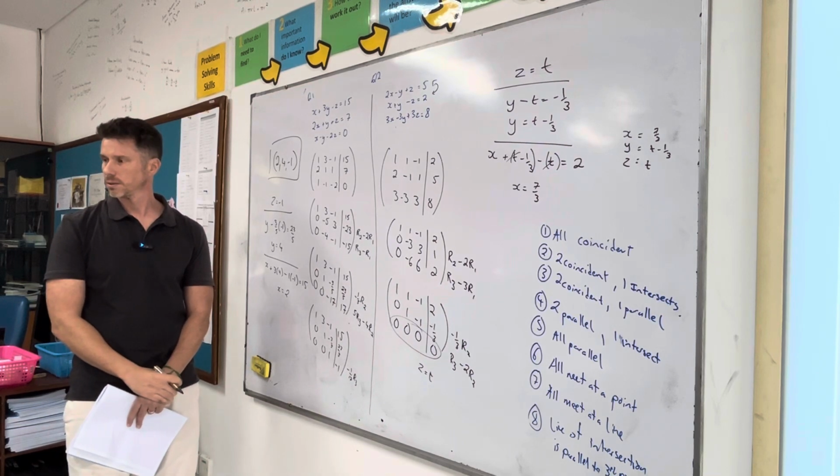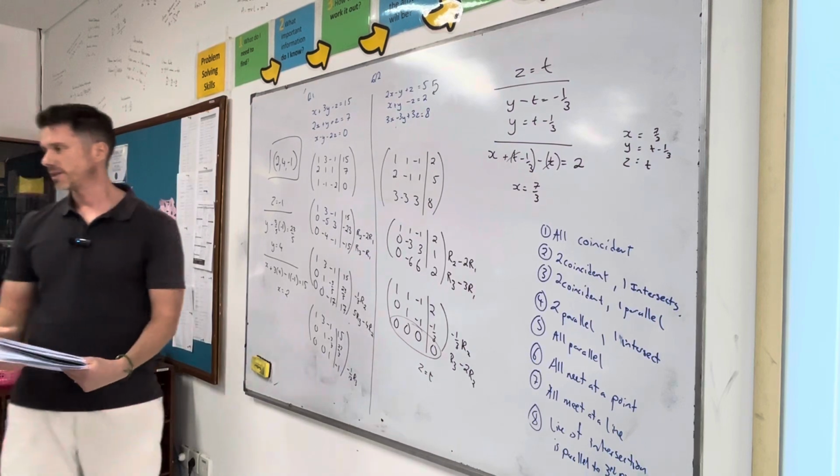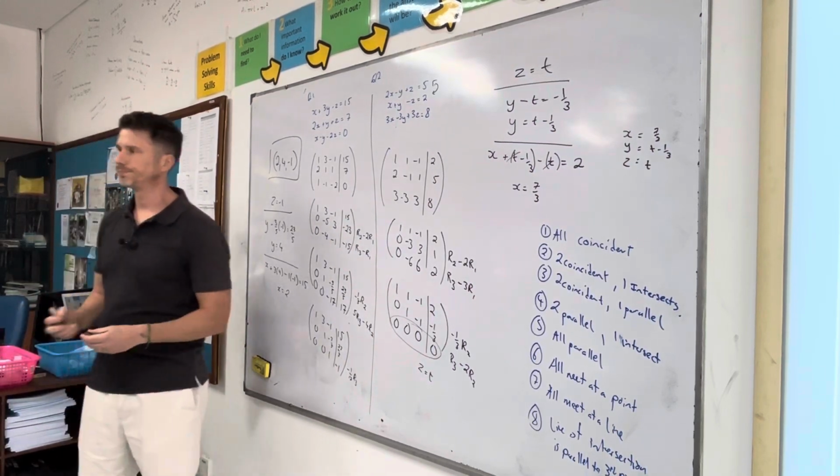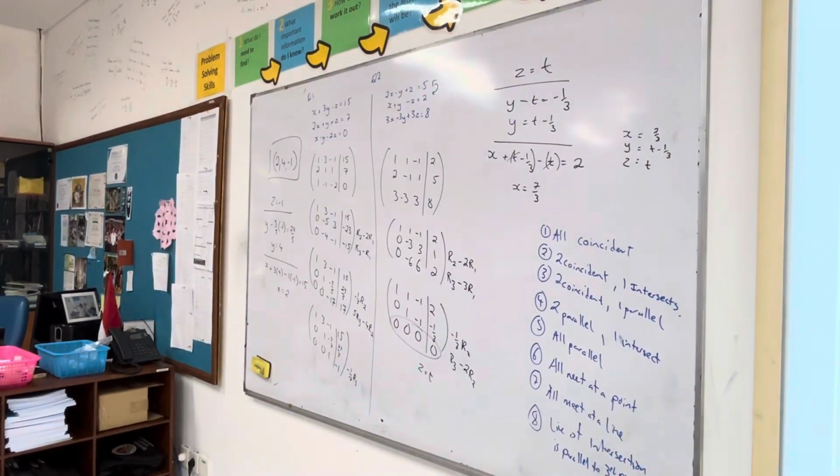Wait, can we technically find out what t is then? No, because it could be an infinite number of numbers. Any place along the line will be a solution. So they all meet at the x coordinate 7 over 3, but along the